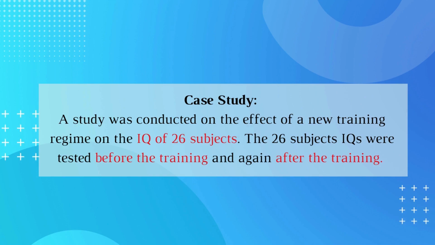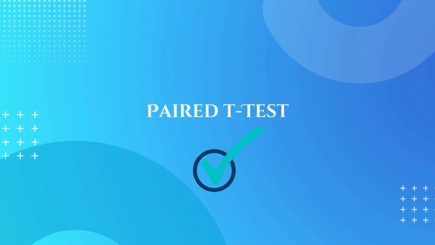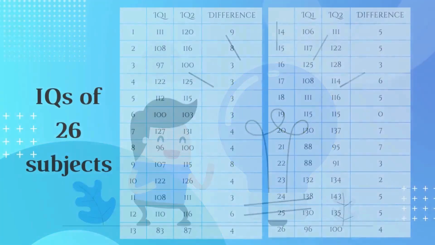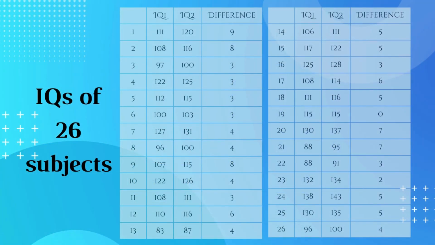Recall that paired t-tests are used for before and after data samples. We also have the same sample size for the before data and the after data. The same sample of people were used for the first IQ test and for the second IQ test. It's clear that we can use a paired t-test. We can now work out the difference between the first and second IQ test scores and begin the 6 steps